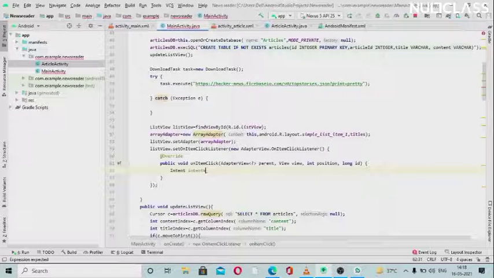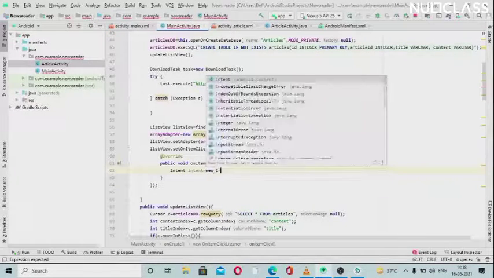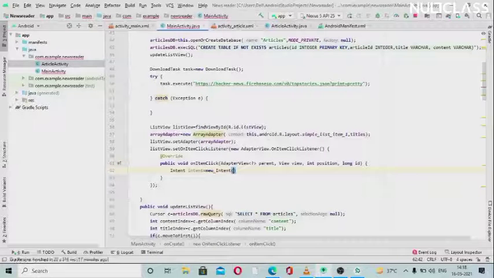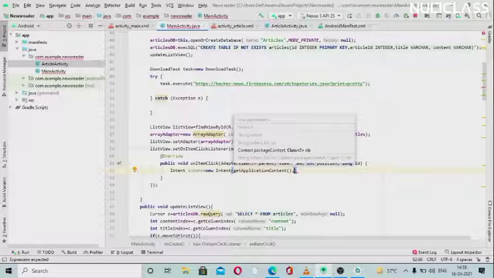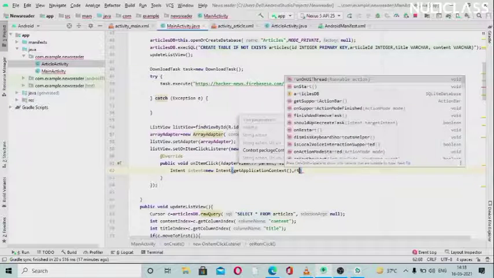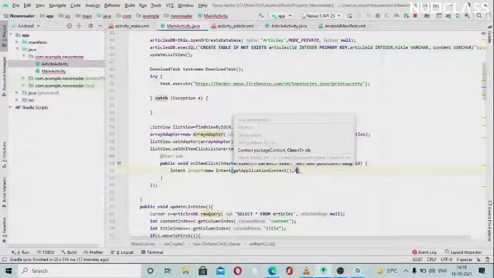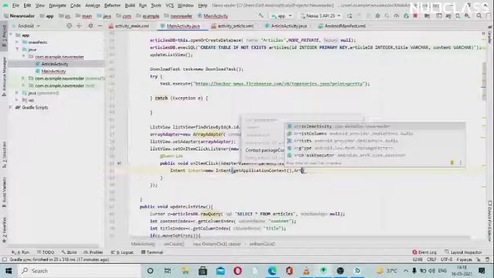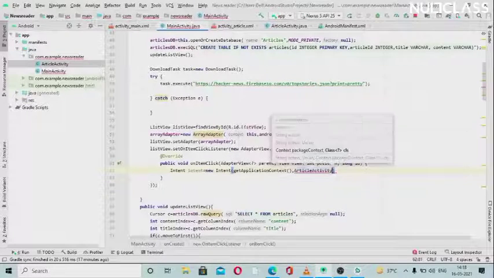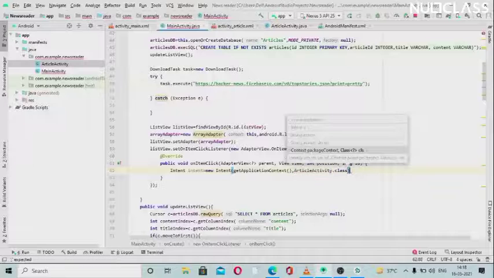So we have seen intent, and we will create the intent now. Intent is equal to new Intent, and inside of that we first need to pass the application context. So we want to get the application, and after that, separated by a comma, we need to pass the class where we want to shift. We have two classes. We are in main activity, and we want to jump to article activity. So I will just pass ArticleActivity dot class, as we need this class.